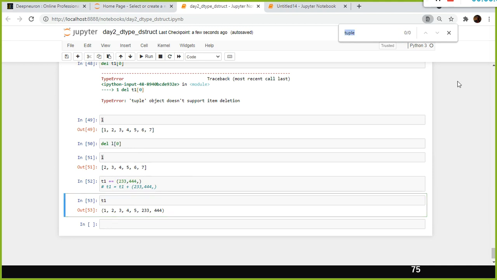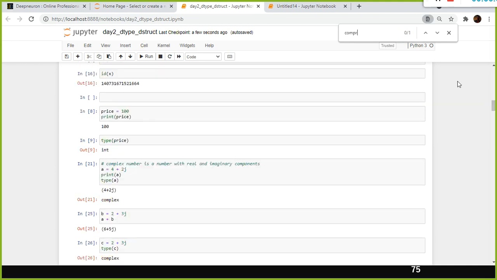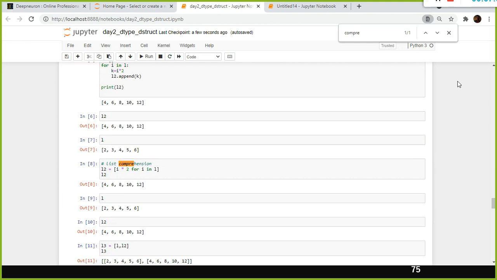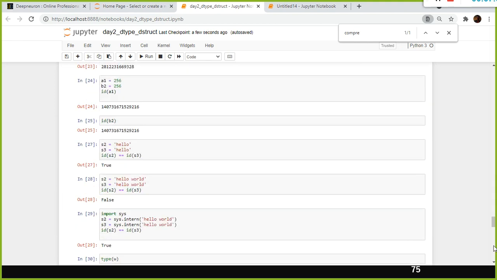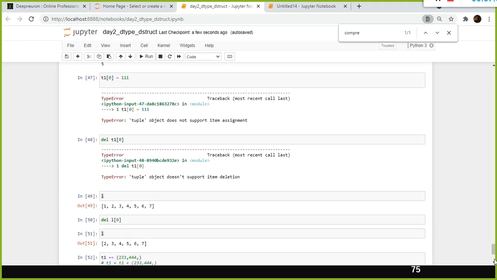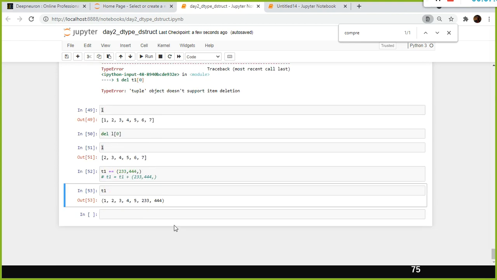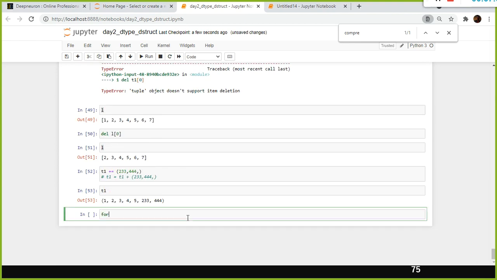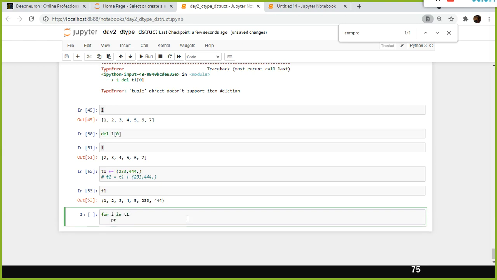And did I discuss comprehension? Yes, list comprehension. Yes, you can use list comprehension. Whereas in this case, there is nothing called tuple comprehension. For example, we will try. I want to take each and every value of T1 and multiply it by 2.